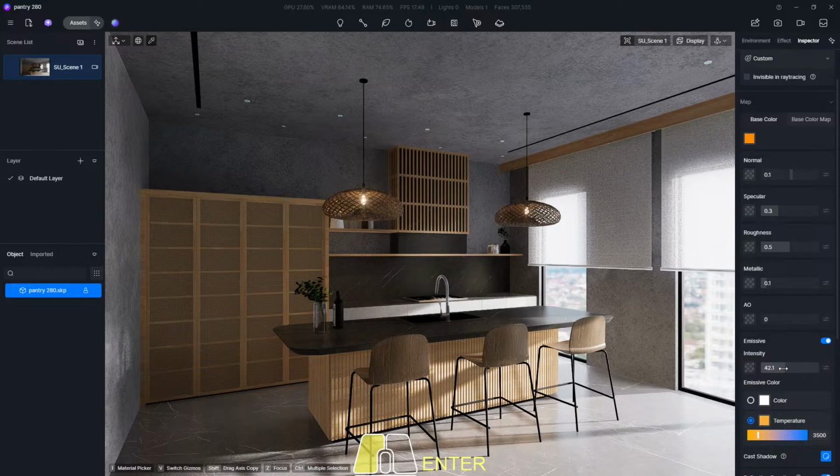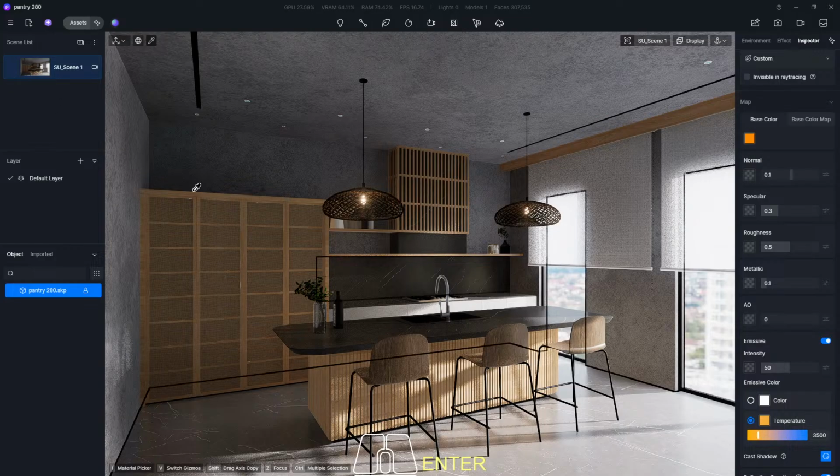The intensity, start from 36. Okay, this should be 50, I think. 50 intensity. Okay,